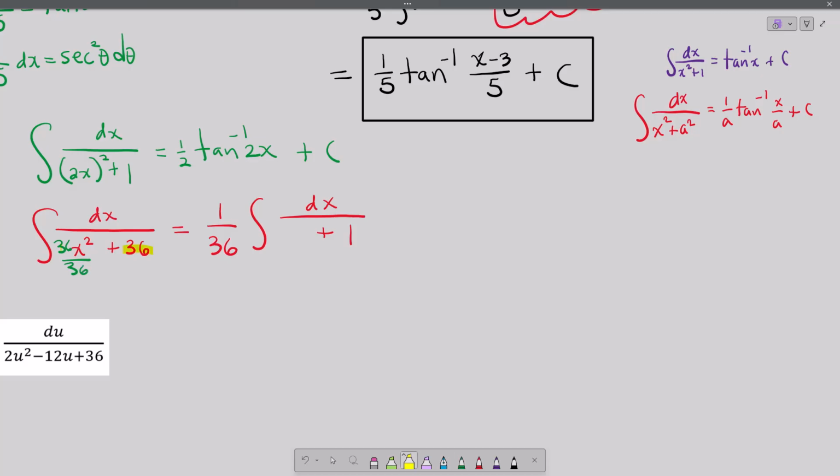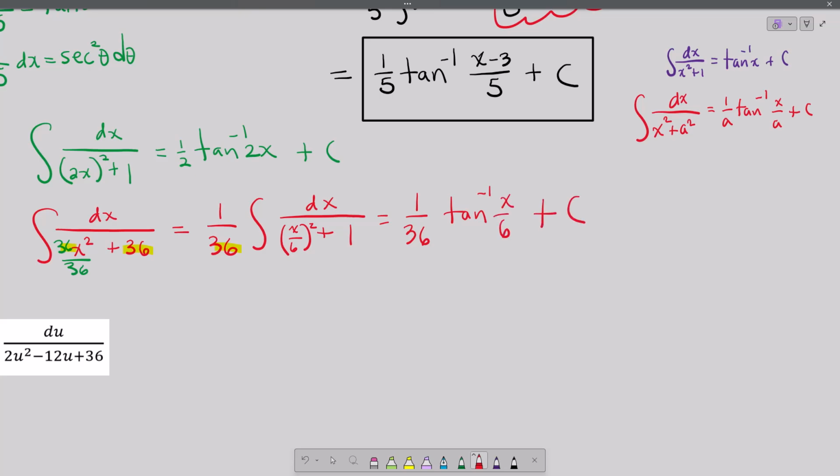You put the 36 in, that factors out to that. Now you have x squared over 36, which is x divided by 6 quantity squared. And that is now in our basic form. So the basic form says that this is going to be 1 over 36 inverse tangent of whatever's in parentheses here